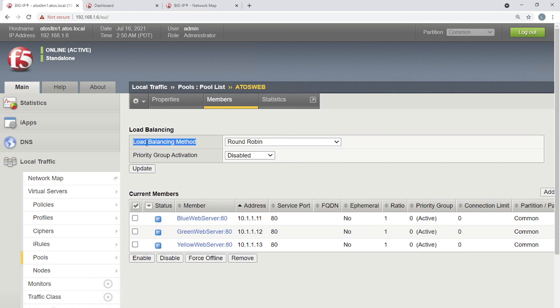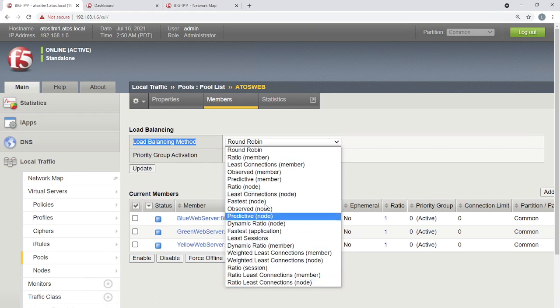If you see this load balancing method, you can see different types of load balancing techniques. Each and every technique is meant for certain specific functionalities, and there are specific reasons why we have to go for it. A couple of them I will explain to you, and a couple of them I'm going to give you guys as homework to understand, and later you're going to explain to me each and every one, a specific load balancing technique. We will see how you explain. If not, I'll explain, don't worry.